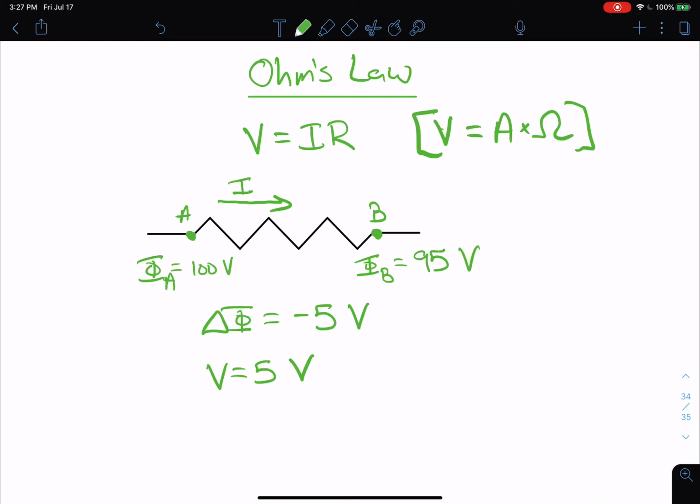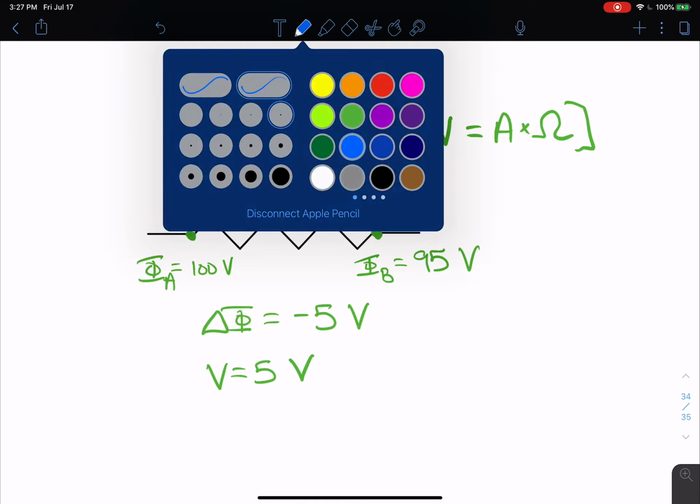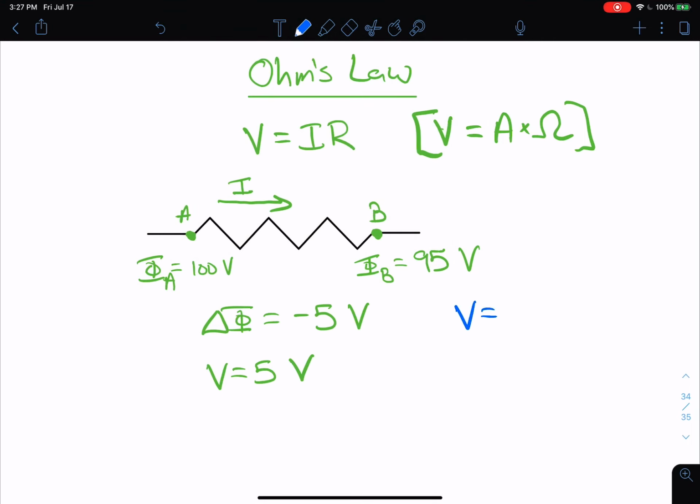And the last thing that I want to talk about is just the graphical behavior of Ohm's law. So let me switch colors here just to make it more obvious. Okay, so V equals IR. We can compare this to the formula for a line. Mostly in circuits, we deal with temperature-independent resistors. So that means that the resistance is going to be a constant. It's not going to change. And so that's important. When we're comparing this formula, Ohm's law, to y equals mx plus b, if we keep the resistance constant, well, then we could see that